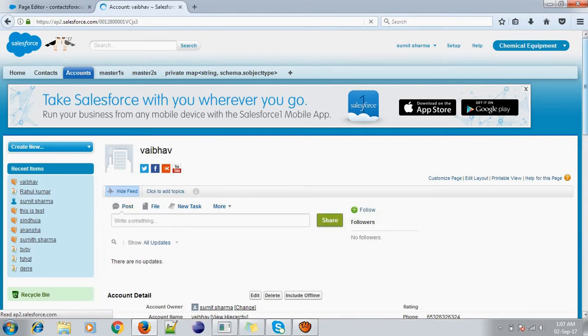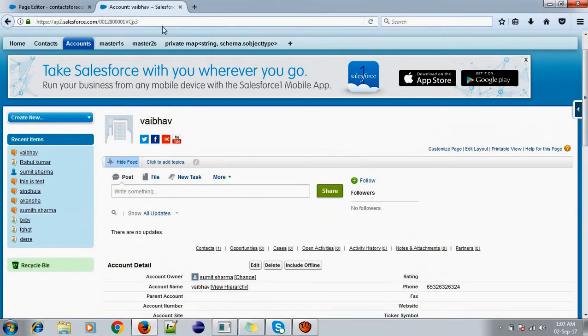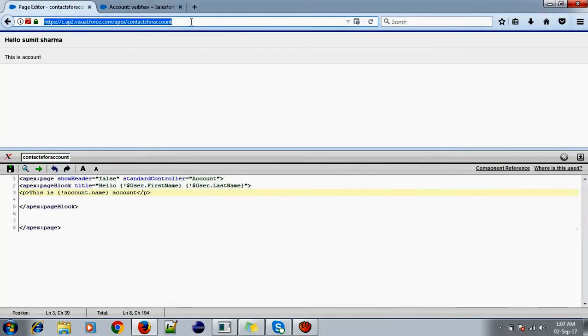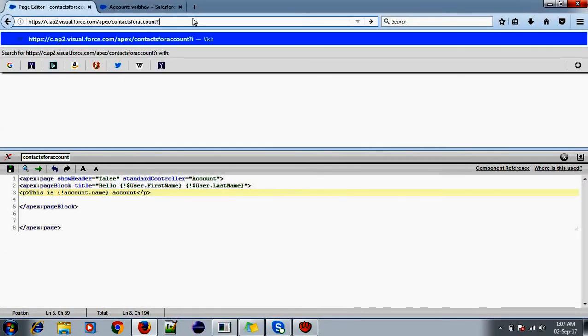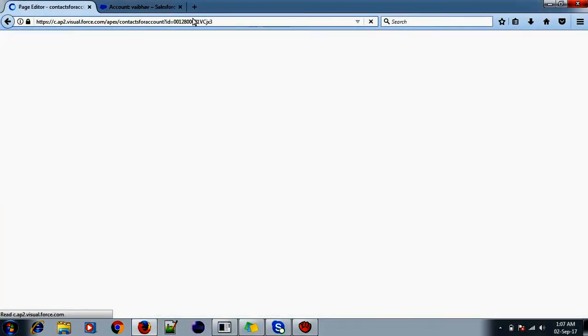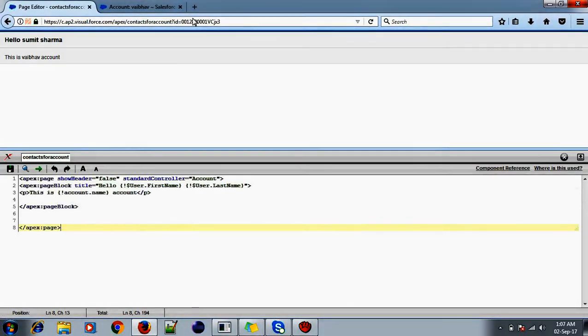After opening it, we can see the ID here. We have to copy this ID, and this is the syntax: question mark, id equals, and place this ID. After placing the ID, we can see this is Vaibhav's account.